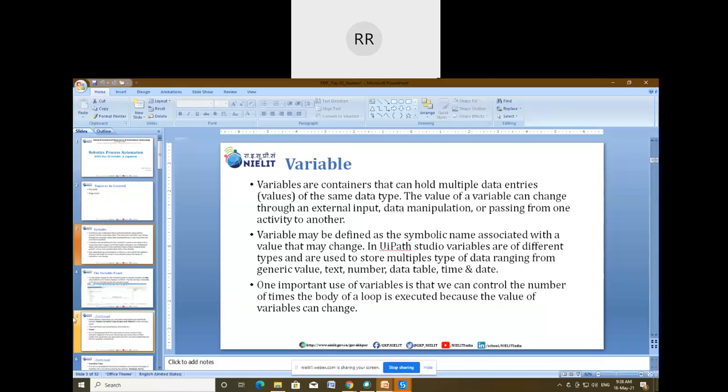So now I'm going to show you how we can create the variable in UiPath. For creation of variables in UiPath, we have different methods. We'll discuss all those methods one by one. So first, I will show you